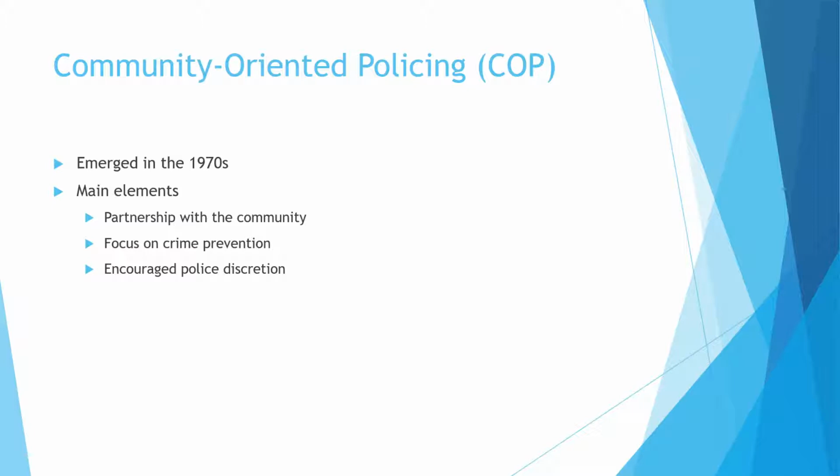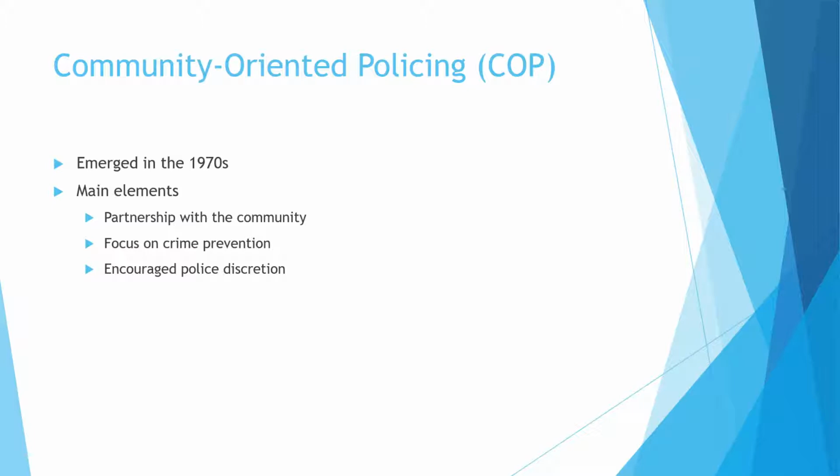And then finally, community policing encourages police to use discretion. It may not be the best thing to fully enforce the law in every single situation. Until the 1970s, discretion was kind of the elephant in the room. Everybody knew that the police had a lot of power to decide how they would handle a case. Do I arrest? Do I warn? Do I just ignore the problem altogether? I pretend it didn't even happen. Everybody knew it went on, but they pretended that it didn't.